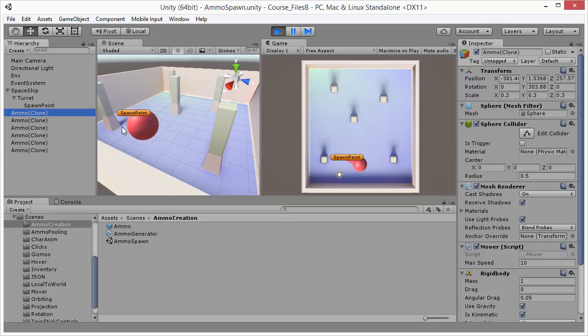So one of the ways to fix this problem entirely is that when the scene begins, we generate in advance all the ammo objects that we will ever need, and we store them in one big batch called a pool. And then whenever we need to display an ammo object, we simply activate it, and when the ammo object is supposed to be destroyed, we simply hide it. All we ever do when we need ammo is hide and show ammo objects from a group or a pool of ammo objects that are created automatically when the scene begins. This technique is called pooling, and I'm going to show you how to do this and how to get started